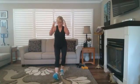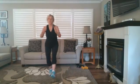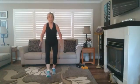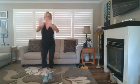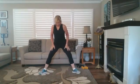Instead of jacks, we're going to do a heel touch to the front. Taking it down, just touch those heels, don't slam them in. And if we want the high impact version, we can jump as we switch those legs. Push out, push, push. 4, 3, 2, last one. And into wide squats, just to get